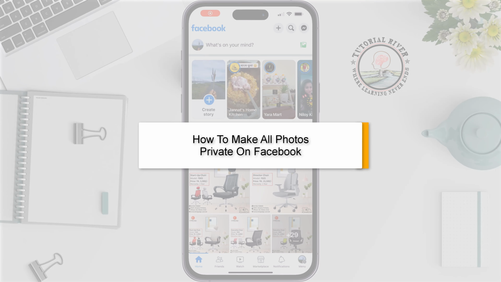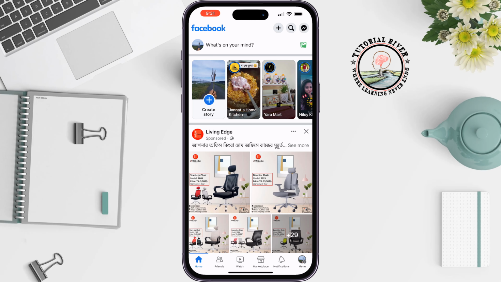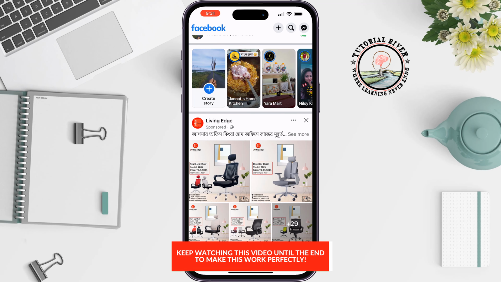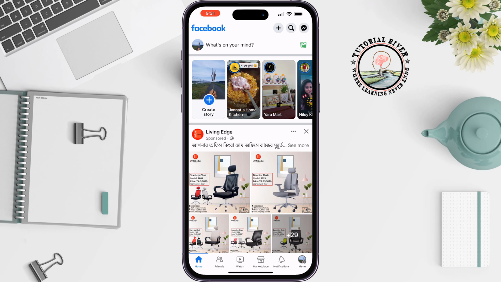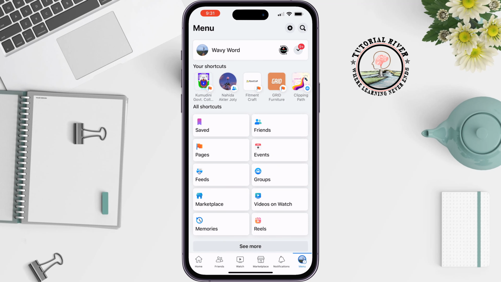So if you uploaded a bunch of photos and videos in your Facebook profile and now you want to hide or make all your photos and videos on Facebook private, this Tutorial River video will show you how to make all photos private on Facebook. So first of all, open your Facebook and tap on the profile menu at the bottom right and